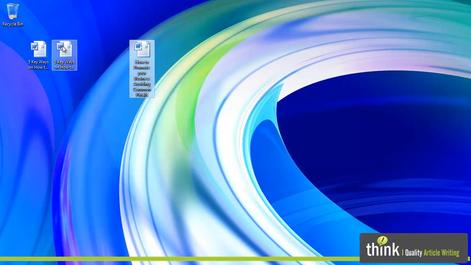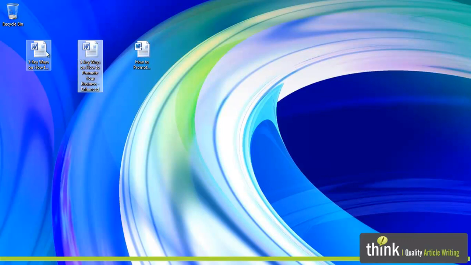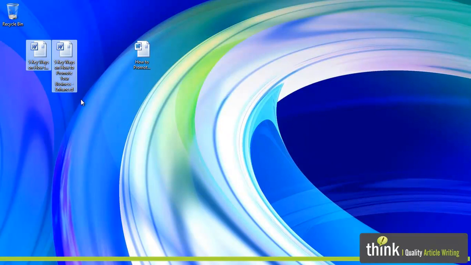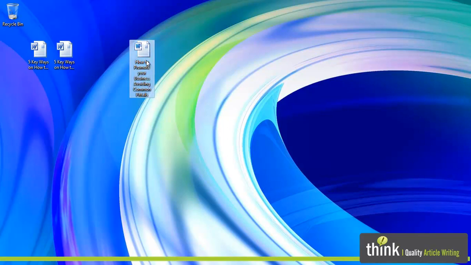Now here you'll see three different articles. These two articles on the left are basically the same article, but I'm just going to show you five things that you can do in 5 minutes to enhance an article so it structures and reads a little bit better. And this is an article that was written, and I'm going to show you why this article isn't very good. So if we open this article up here,